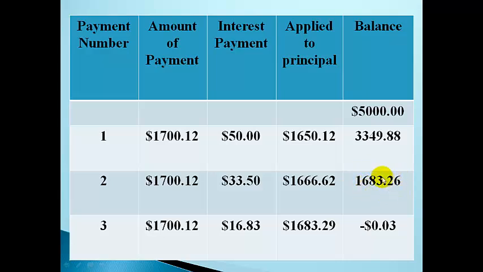So it means that this is the new principal, because by the time you do the second month payment, you have paid the greater part of the principal and also the greater part of the interest. Now, during the third month, we also paid $1,007.12. So when you calculate the monthly interest on the new balance, we get 16.83. Then we subtract the 16.83 from the third monthly payment, and that gives us